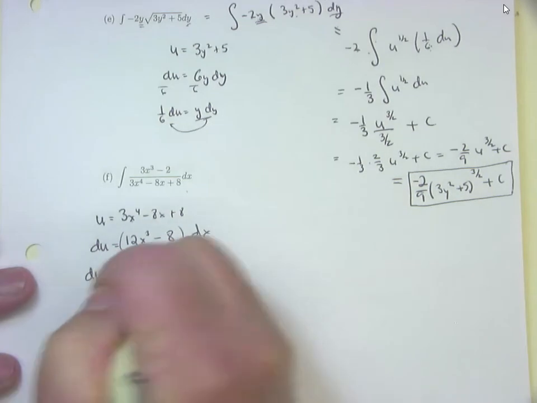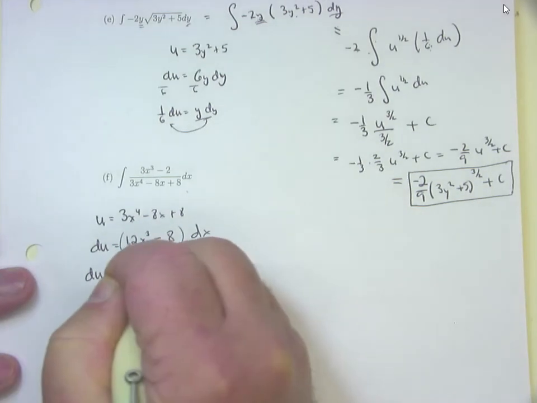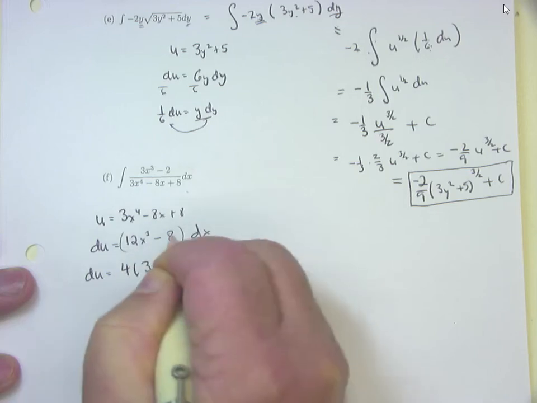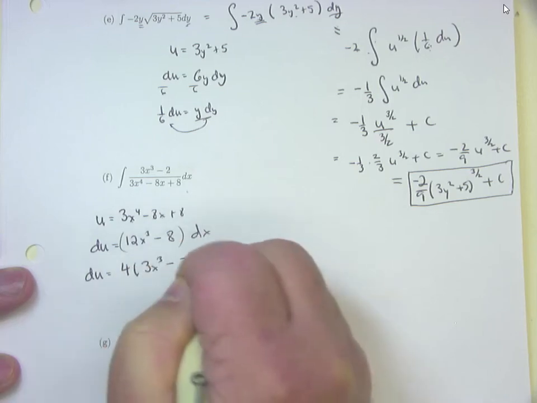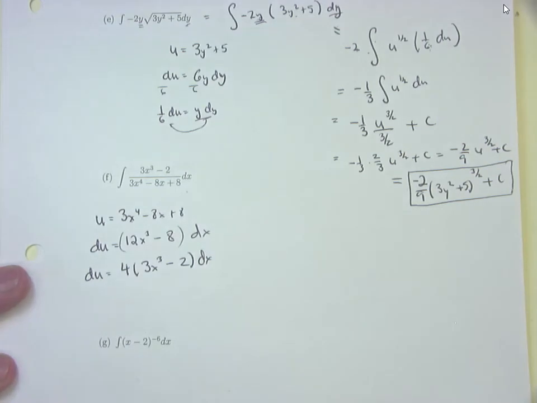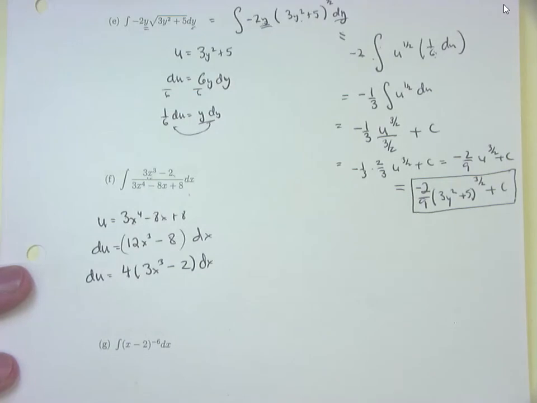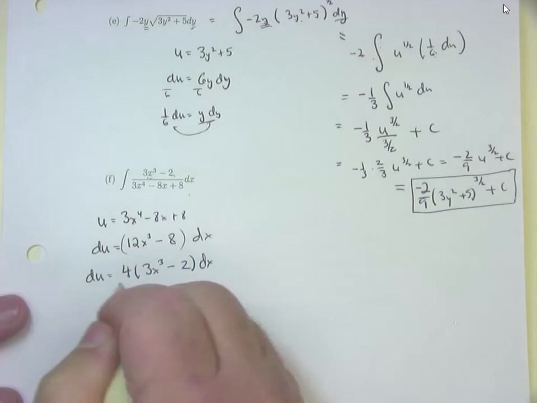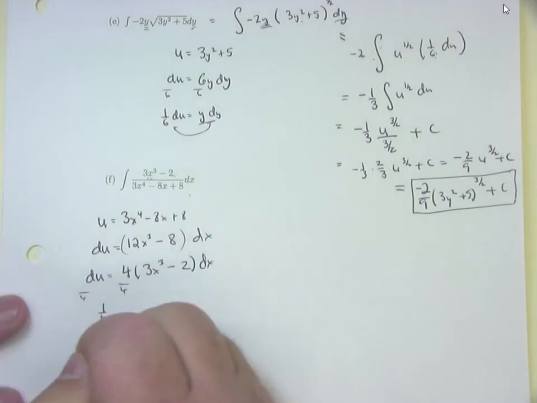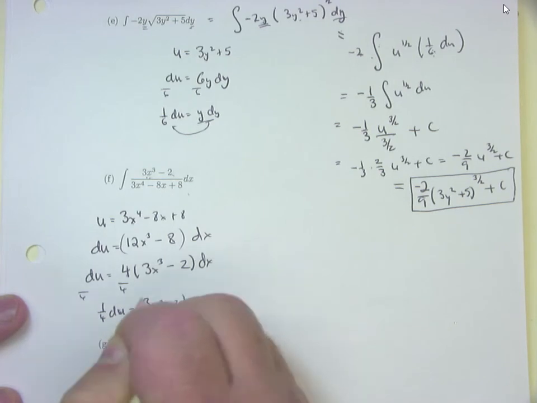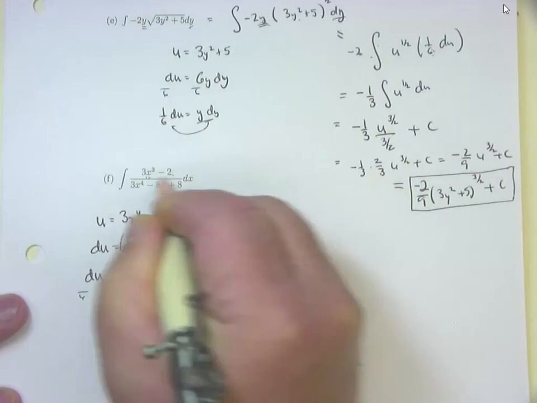So du would be equal to 4 times, factoring a 4 out of 12x cubed gives you 3x cubed, minus factoring a 4 out of an 8 is a 2, dx. And pay attention, that's in the problem. Move your constant to the other side. Whatever you let u equal to, du has got to be in the problem, up to a constant. So I'm going to divide both sides by 4. That gives me 1/4 du is equal to 3x cubed minus 2 dx, which is right there in the